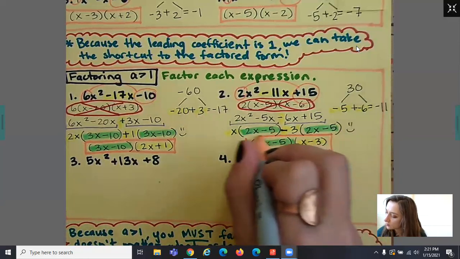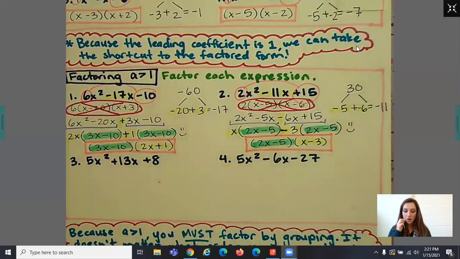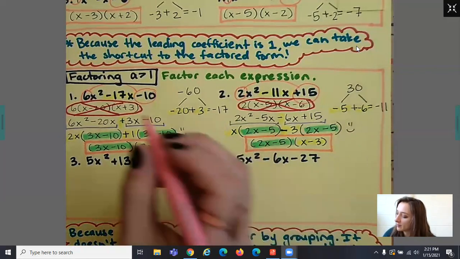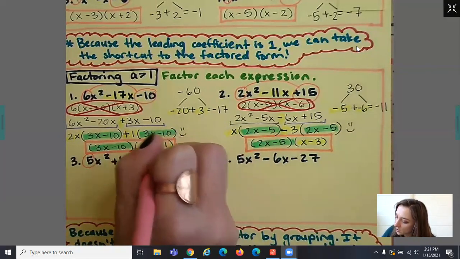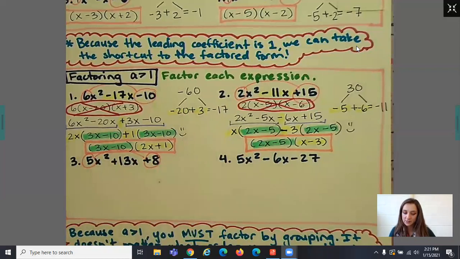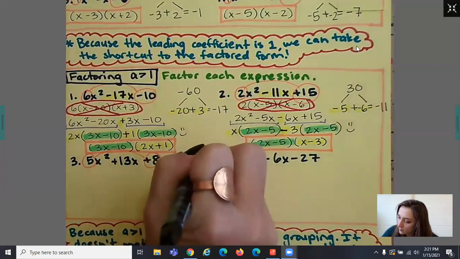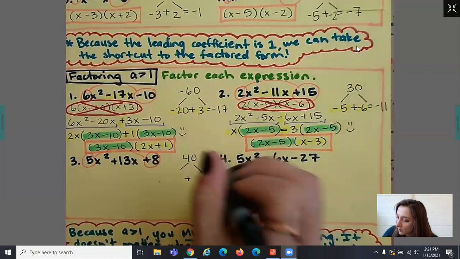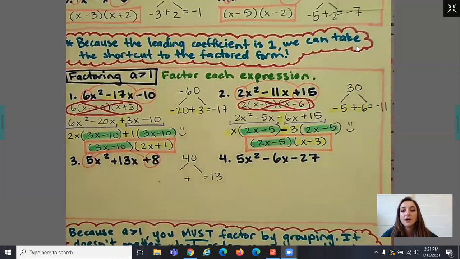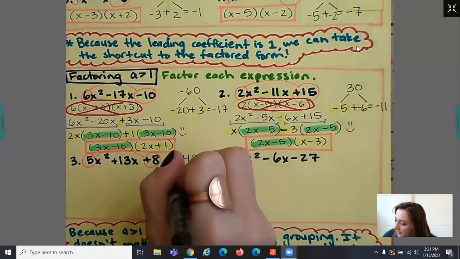Okay, let's do 2 more. All right, so our next one, and feel free to pause and you can try one yourself and then check your work. So, 5 times 8 is going to give us 40. And I want 2 factors of 40 that give me the number in the middle, which is positive 13. Factors of 40 are 1 and 40, 2 and 20, and 5 and 8. So we're going to be using 5 and 8 to get to 13,